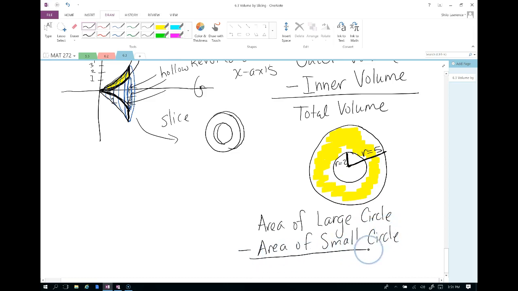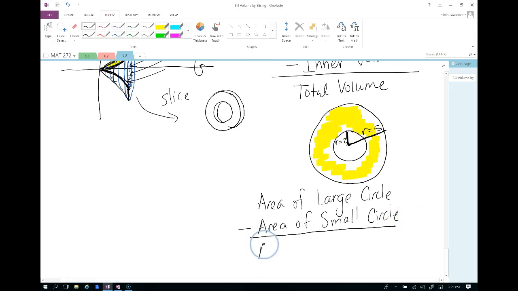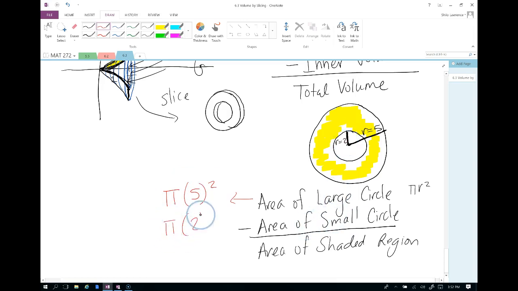And we're going to use this exact same approach with these volumes of revolution that have hollowness. So the area for a circle is pi r squared. So if we do this off to the side here, the outer radius is 5, so we would do pi times 5 squared. And then our inner circle has a radius of 2, so pi times 2 squared. And we would want to know what those are individually first. So I've got 25 pi